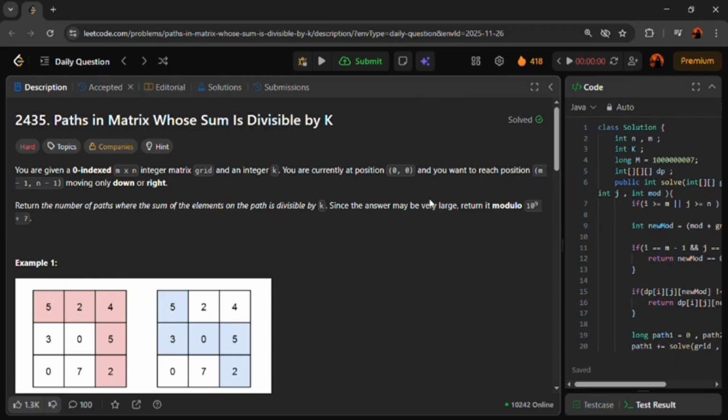And you want to reach position m-1, n-1, moving along down or right. Means you can move only